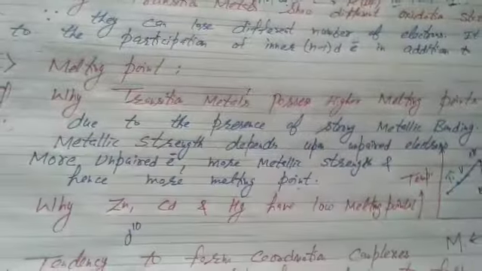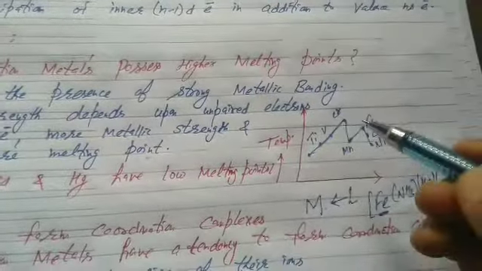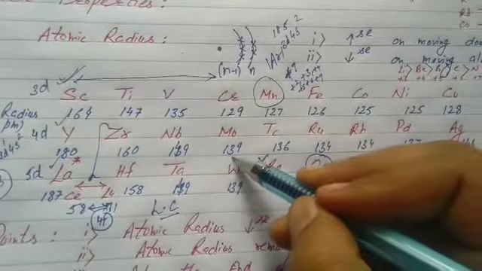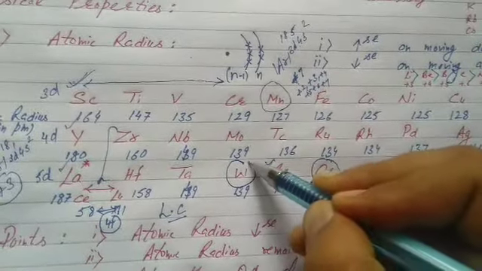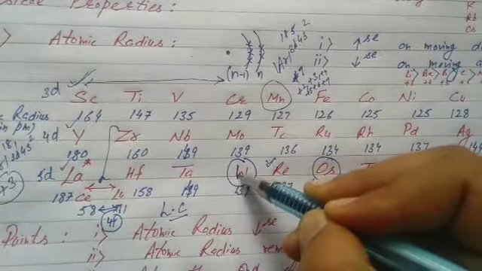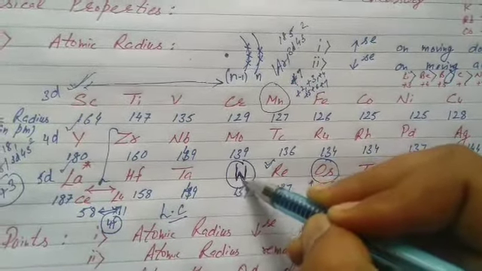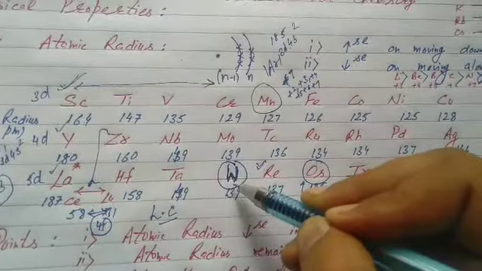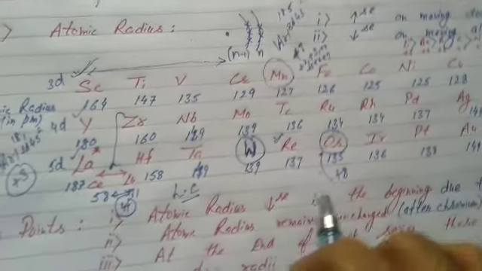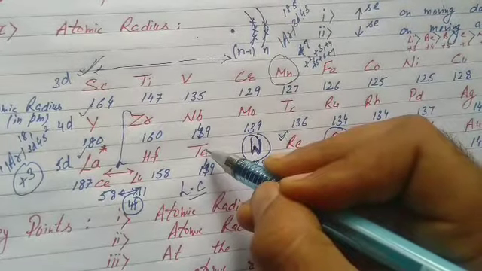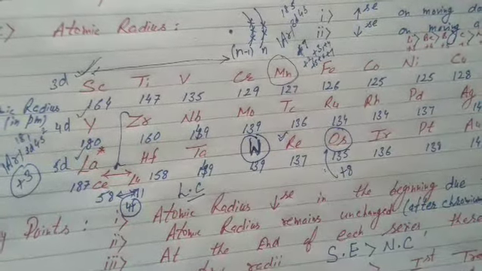Students, we studied the melting points of transition metals. At first they increase and then decrease across the first series, second series and third series. The maximum melting point is of tungsten. In transition metals, the maximum melting point is of which member? Your answer should be tungsten. W is the symbol. The filament of an electric bulb is made of tungsten because of its high melting point. Tantalum is resistant to corrosion. Hence, it is used to make